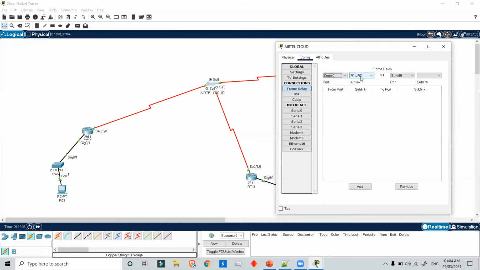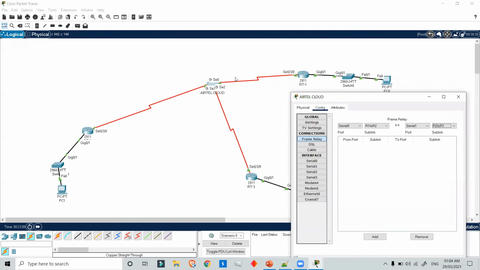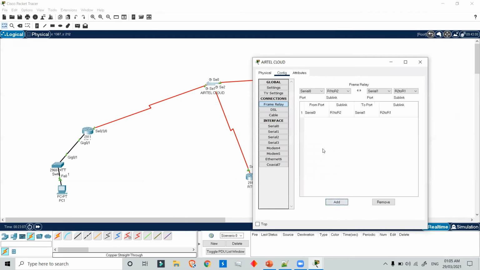For the to port, the packet should be sent and the received signal also. So for that we will use serial 1. Router 2 is connected in serial 1, that's why we have used serial 1, and the sublink is router 2 to router 1. This means that the packet will be sent from router 1 to router 2, and it will again be received from router 2 to router 1, and we will add this connection.